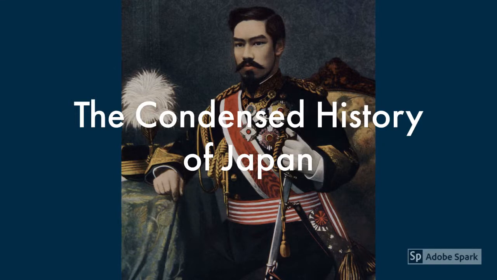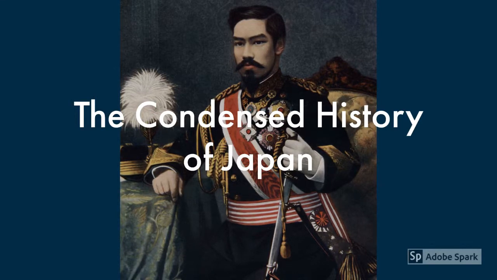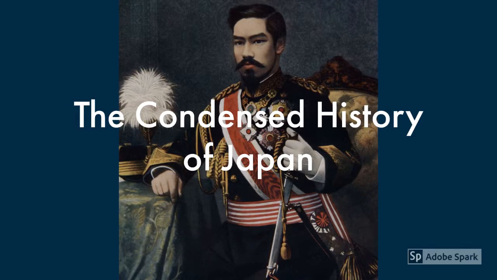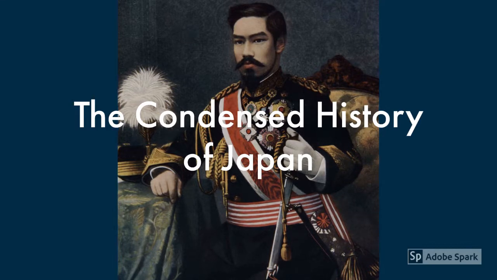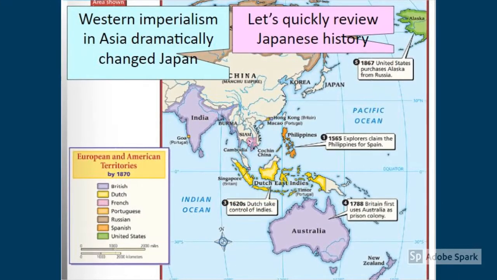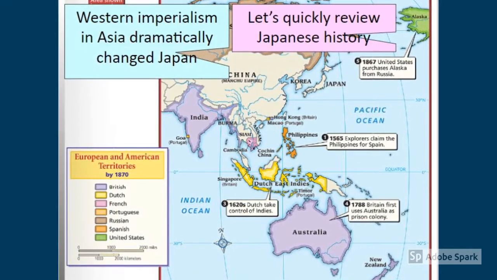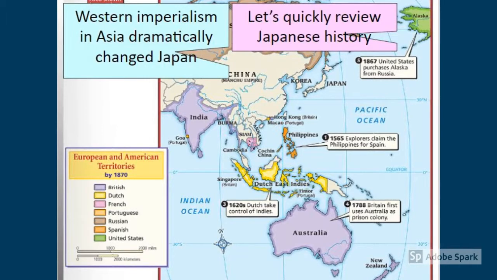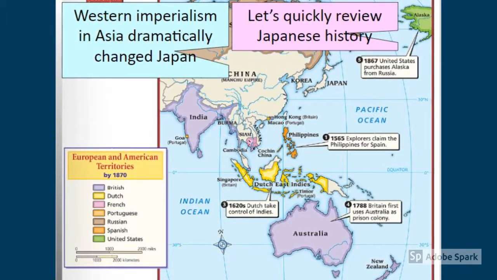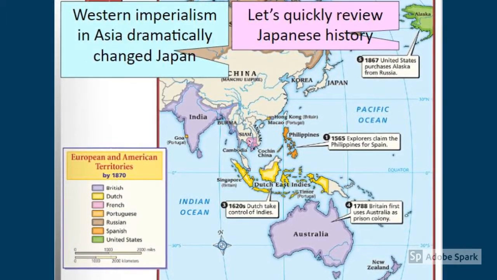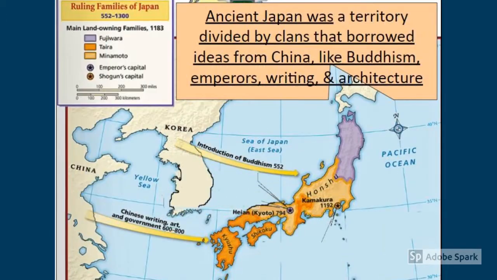In this episode, we will attempt to squeeze in about 1,500 years of Japanese history. So again, this is one of those things, I'm sorry if this is something you're super into, as this will probably not do the topic total justice, but we're going to try the best we can. Today, the main focus of our lesson is Japanese imperialism and how they became the way we know them today. But first, let's review what was going on in Japan before the 1800s.